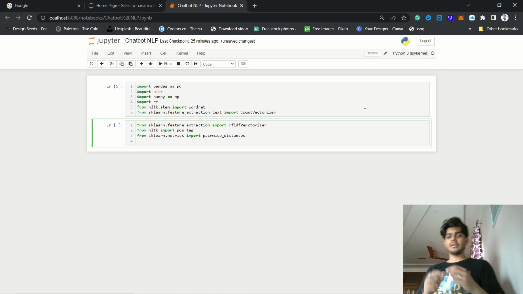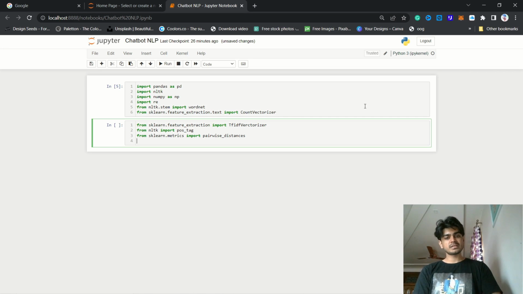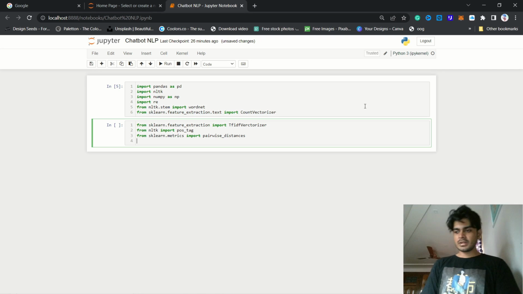If we have a distance, then there must be some sine and cosine related to it. There must be some angle, and we have to measure it. So this will perform that. Pairwise distance will take a distance, and then it will measure the cosine similarity between them. If they are similar, they will be in one cluster, and others will be in another cluster, and the cycle goes on. Now we will import from NLTK